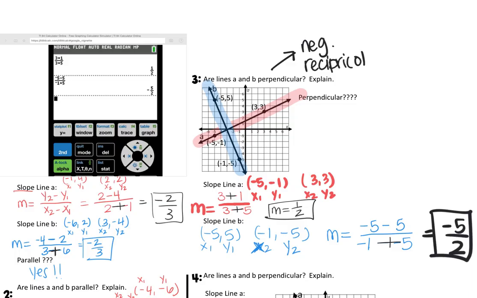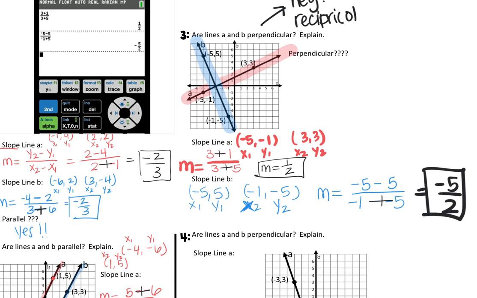One thing for sure that I do see is that they have opposite signs. They do. So at the top here, I'm going to write for perpendicular. Well, I know it has to have two things, okay? Not just one of the things. They must have two of the things. They have to have opposite signs,